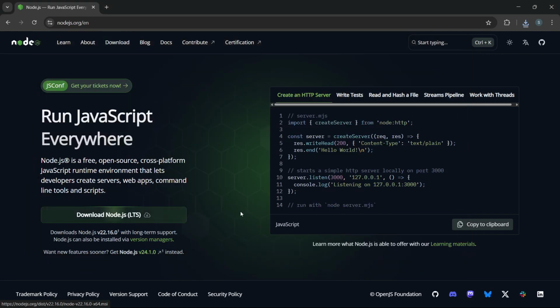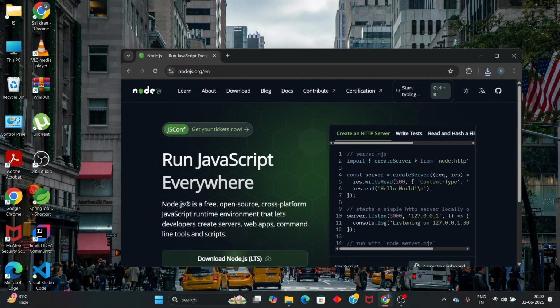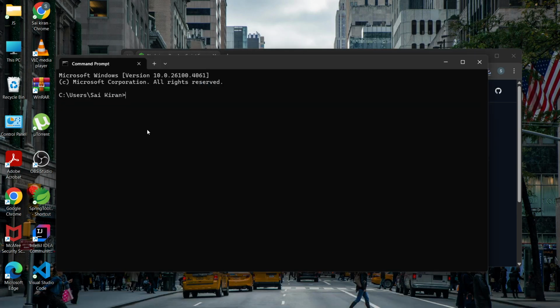And one more thing, do you want to check whether it got installed with the latest version or not? Open the command prompt and go for it. Type node -v, and it shows the installed version